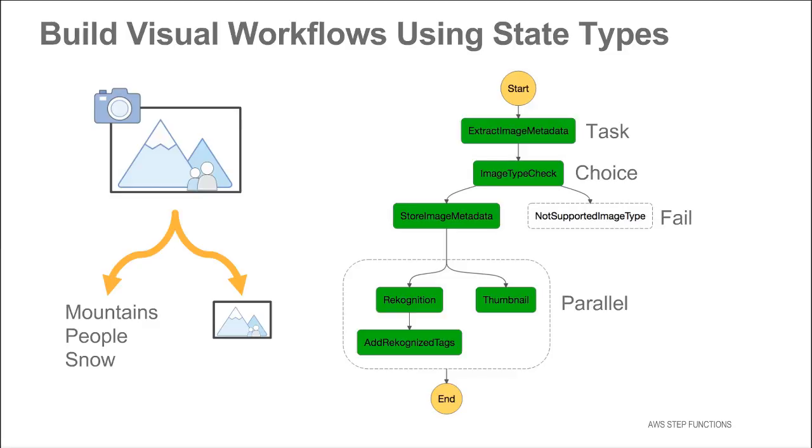So let's say you're taking an image. And the first thing that you do from this image is you extract image metadata, and this could be from a Lambda function that is coordinated or correlated with a given task state. You then, based on that metadata, for example, the file type, you check what type of image it is. If it's not supported, you fail your state, or if it is a supported image type, you store the metadata. And from there, you execute two different tasks in